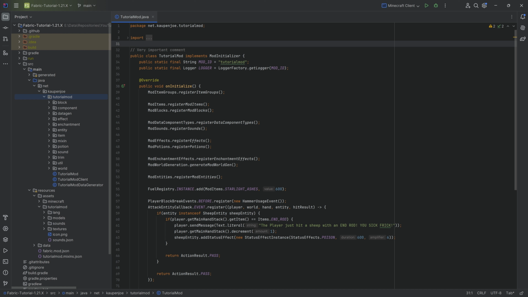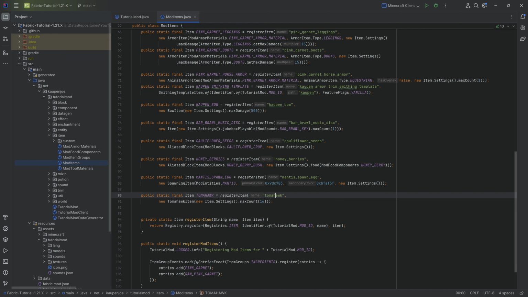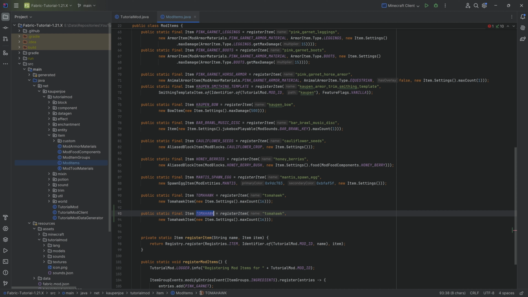Alright, we're back once more, and in this tutorial we'll be adding an item with an animated texture via mcmeta files. Now those are so freaking cool, you won't even believe what crazy things you can do with them, but let's just see. For this, first of all, we're going to add a new item in our mod items